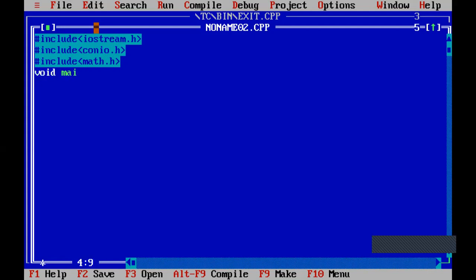Then in the main program, let me take one variable, say n. n is equal to 25. Then r means result. So clear screen. Now r is equal to sqrt of n. sqrt means to find out the square root of a number. sqrt of n, where n value is 25, so we are trying to find out the square root of 25. So cout result is